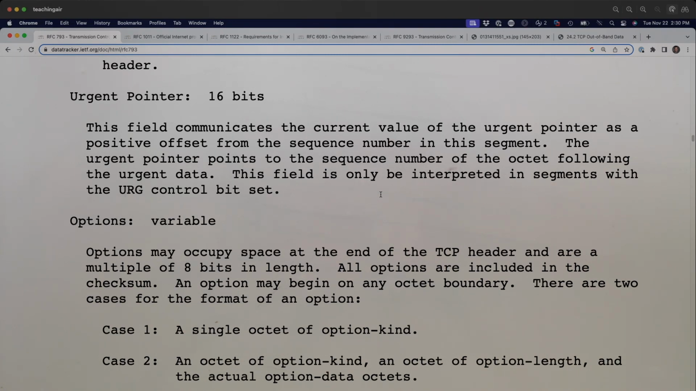That's what I just told you. Yeah? So look at the sequence number, and then the urgent pointer tells you how far ahead you'll find the urgent data. The urgent pointer points to the sequence number of the octet following the urgent data. Okay. So basically what this means is